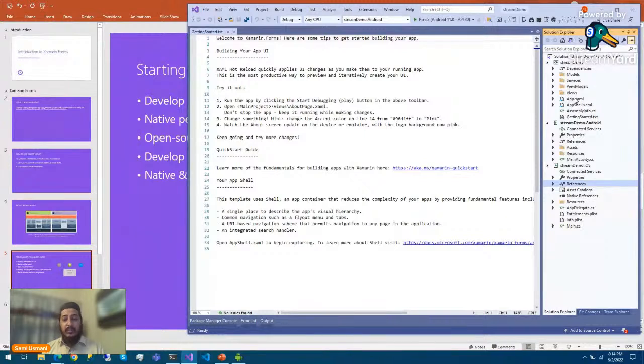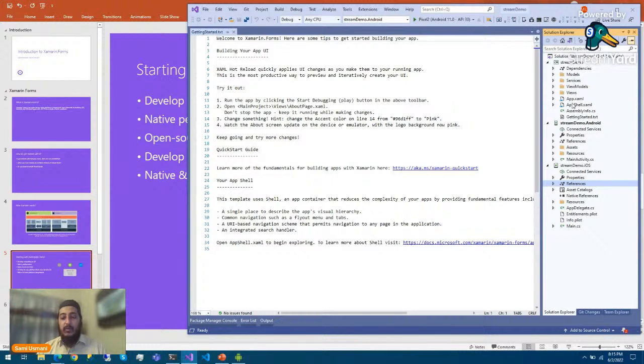What is the MVVM pattern? MVVM is the Model-View-ViewModel pattern. Why is it needed? When we are developing an application, we have some sort of models to cater to all the things we show in our application and to do stuff with the data.